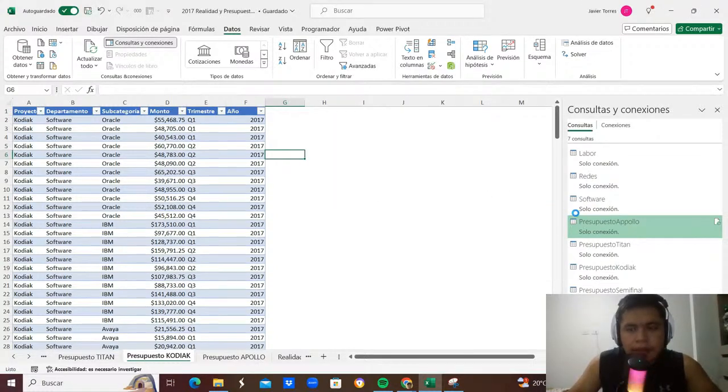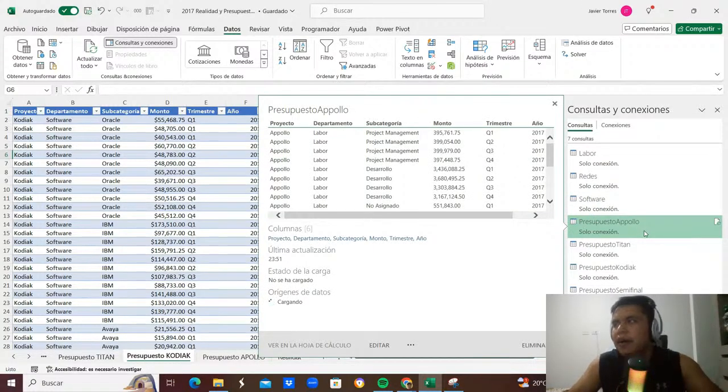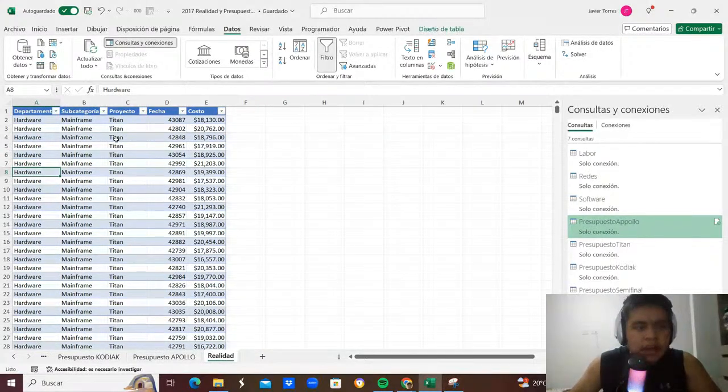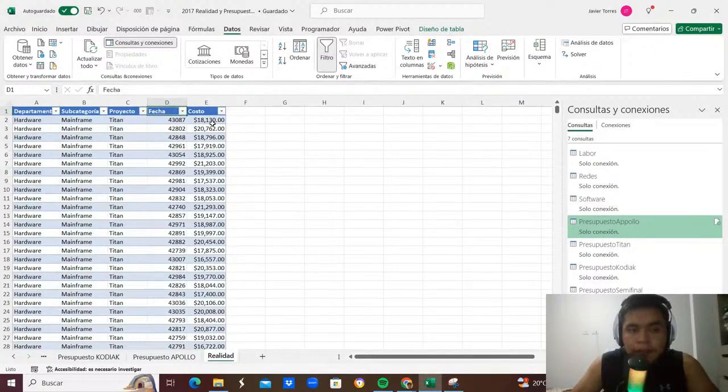The main problem that I have now is that I have my complete data, but I don't have a date. As you can see, I have project, department, subcategory, amount, quarter, and year, but I don't have a date. And if I come here to reality, I have department, subcategory, project, date, and the cost. I don't have the quarter, sorry, but I already have a date. So that means a lot and gives many differences because we have the quarter in the